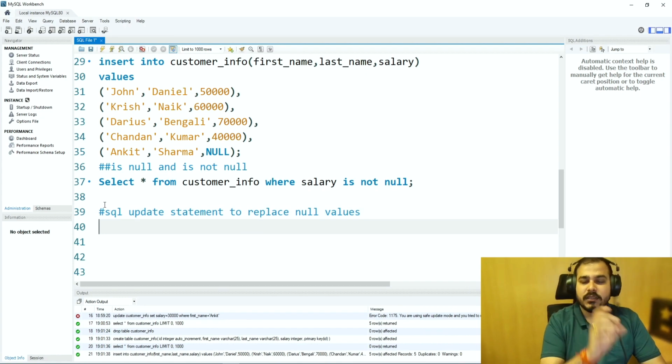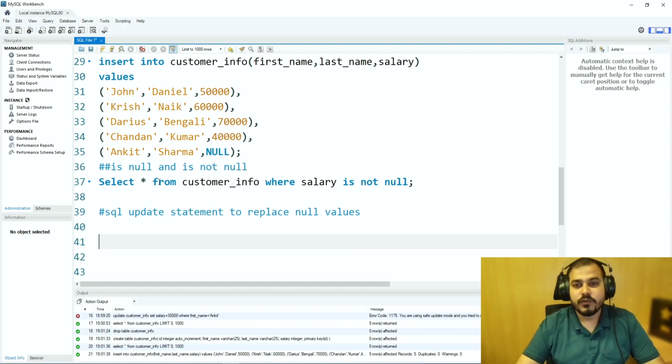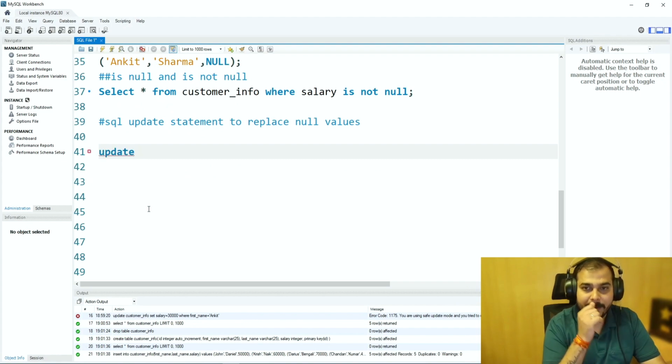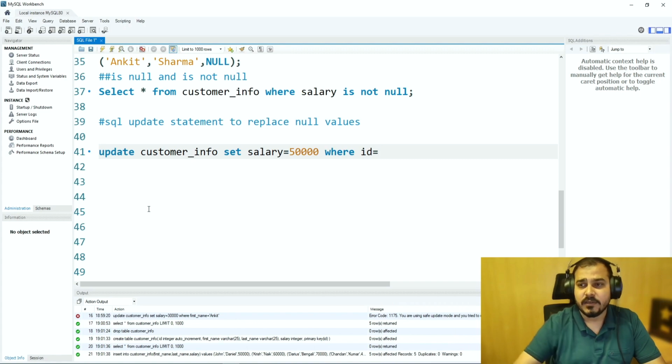Okay, so this is why I am specifically using the SQL update statement. Now, in order to use the SQL update statement, all you have to do is write an update query. Suppose I write update, my table name customer_info. So this is the query syntax that we specifically use. And now I want to set salary equal to 50,000, where probably ID is equal to,